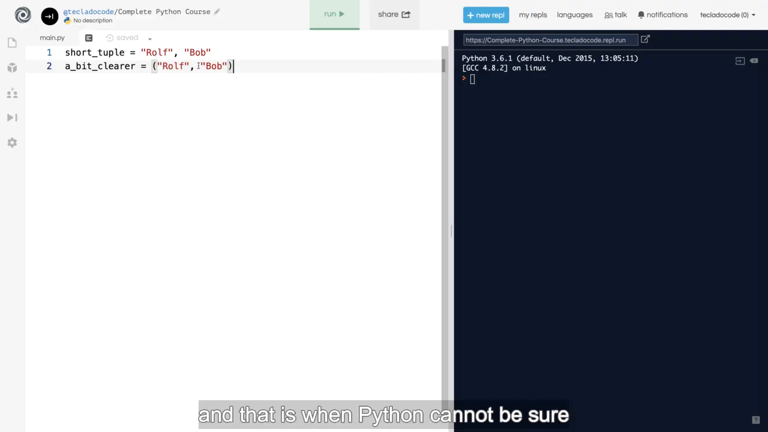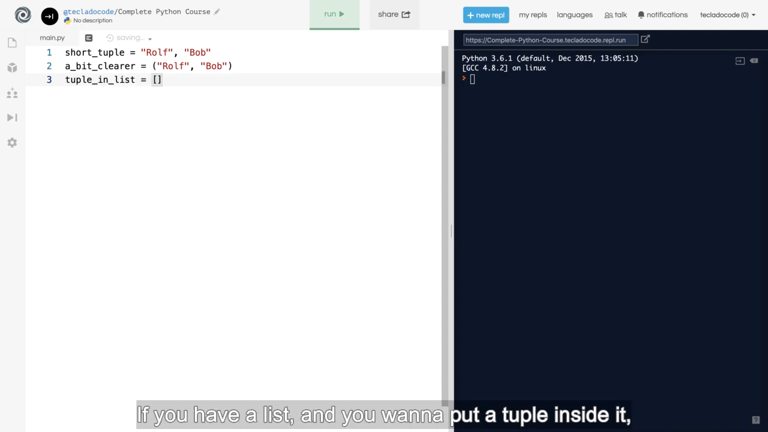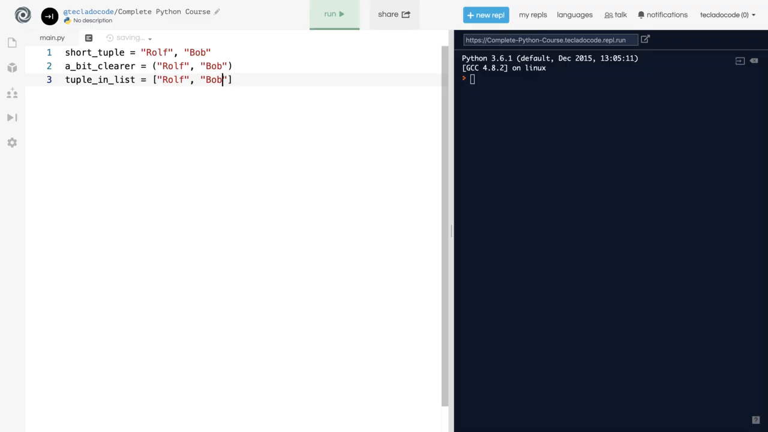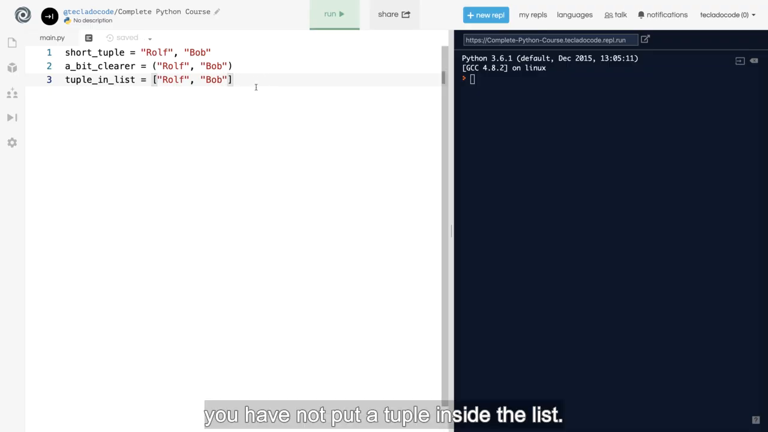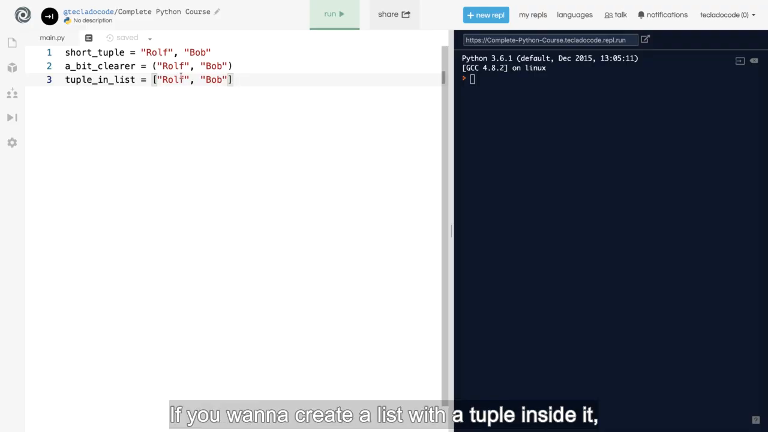And that is when Python cannot be sure if the comma is used to separate two things inside a tuple or something else. For example, here's an occasion where you will need to use the brackets, which is when you want to put a tuple inside a list. If you have a list and you want to put a tuple inside it, and you do it like this, you have not put a tuple inside the list. What you've done is you've created a list of two elements, as we saw in the last video. If you want to create a list with a tuple inside it, you will need the brackets so that Python knows that you intend this